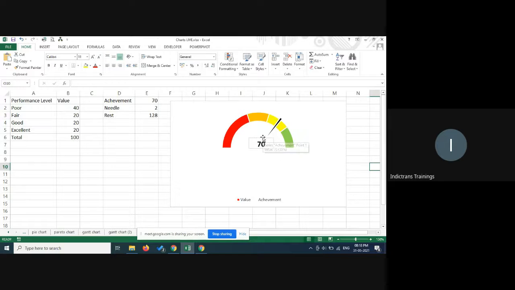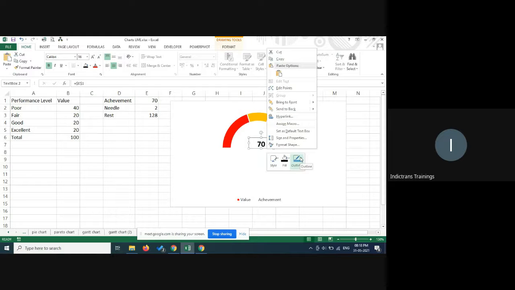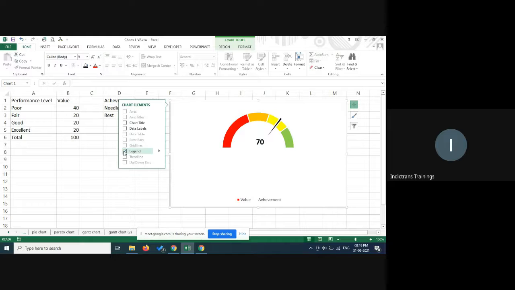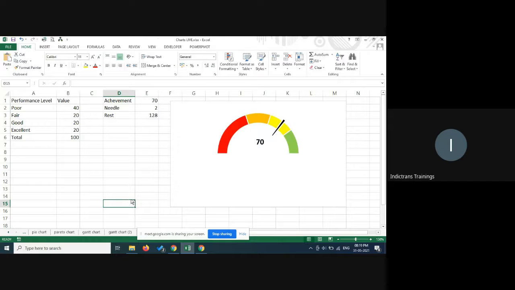And I guess that will have a boundary, so I have to make it no boundary. So outline, I have to make it no outline. I guess that should be good enough. Yes. So I can now place it a little better. I guess yes, this is how it looks, and obviously I will hide this legend. So this is what I get as what we call a gauge meter, a gauge chart kind of thing.